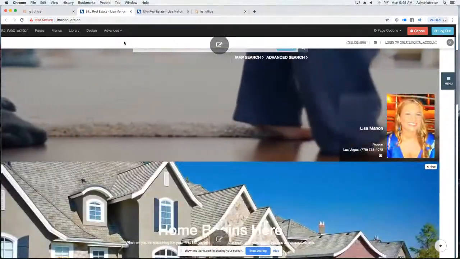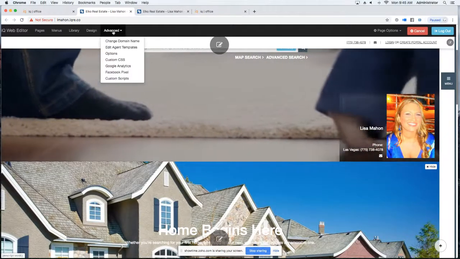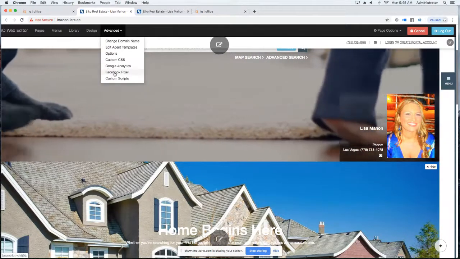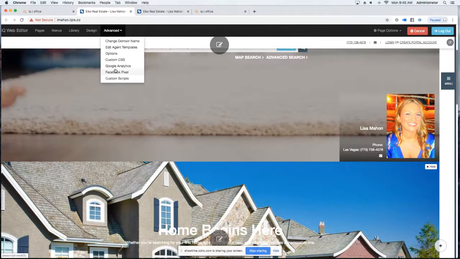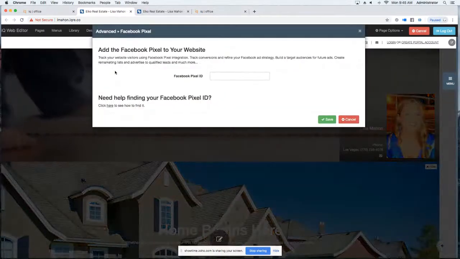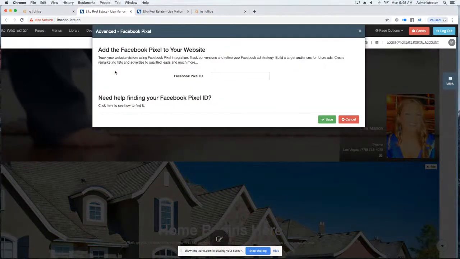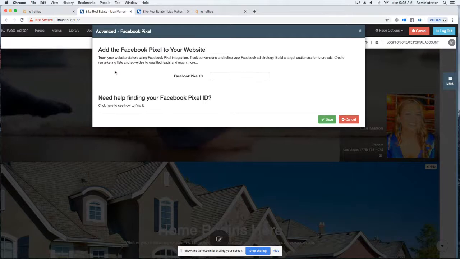Okay. So also, one thing you can do on here is you can add your Facebook Pixel or Google Analytics tracking. To anyone who doesn't know what that is, when you are advertising on Facebook,